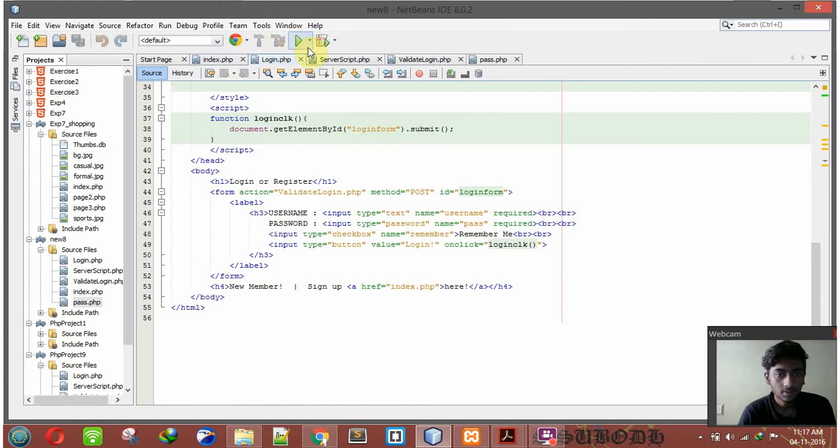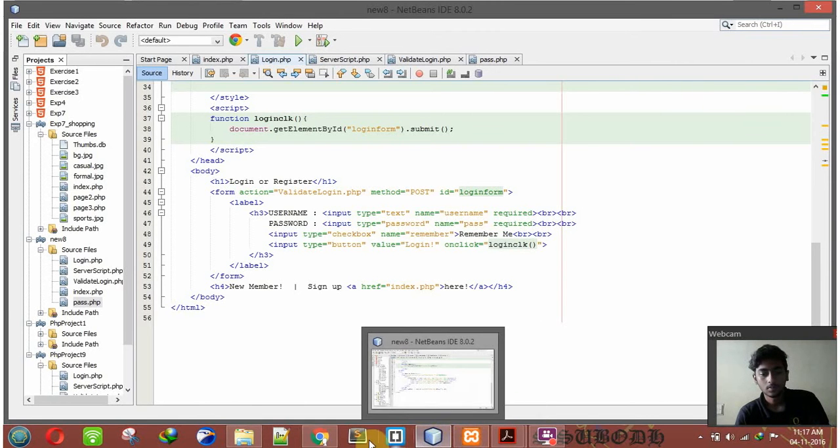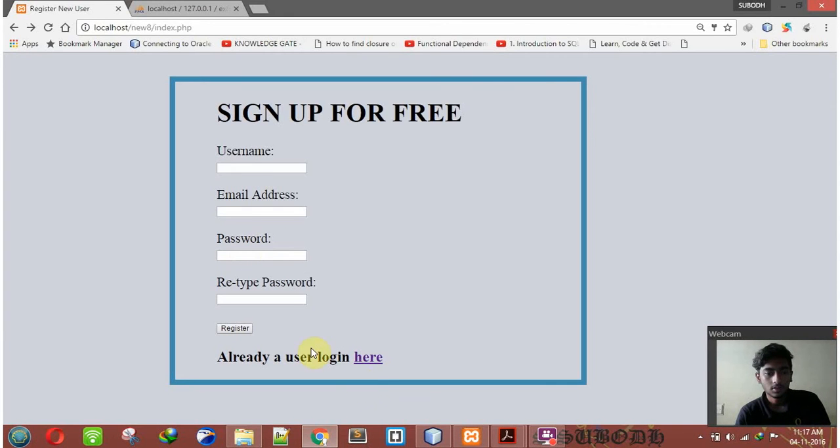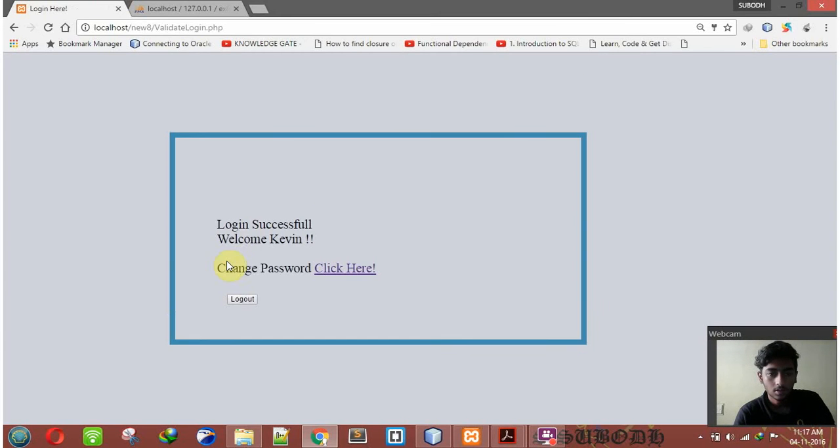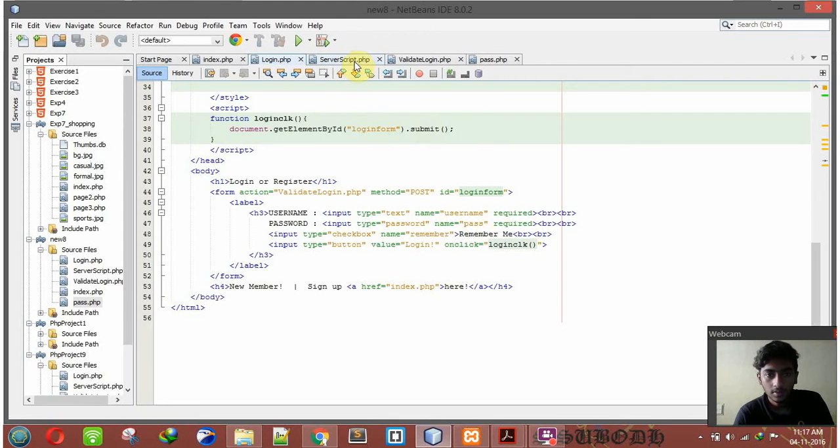So when you run this, now this is the login page. Now when I type my username and password, then it shows this message, login successful, welcome Kevin. Now going back to the coding,